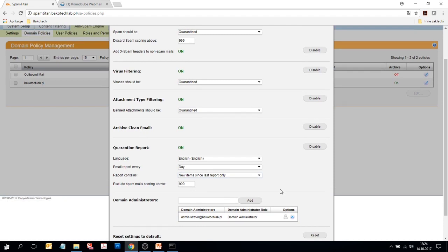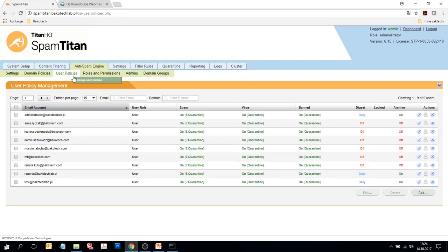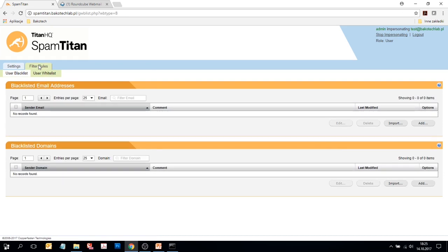The same functionalities can be defined for user policies in the anti-spam engine User Policies tab. Here you can test user permissions by the impersonate action. This will automatically log you into the user's interface with the same permissions as they would have. Now let's try this for the test user. As you can see, for that user I have only limited access to the web console. I can change my password and quarantine report settings and define a custom whitelist as well as blacklist for domains and